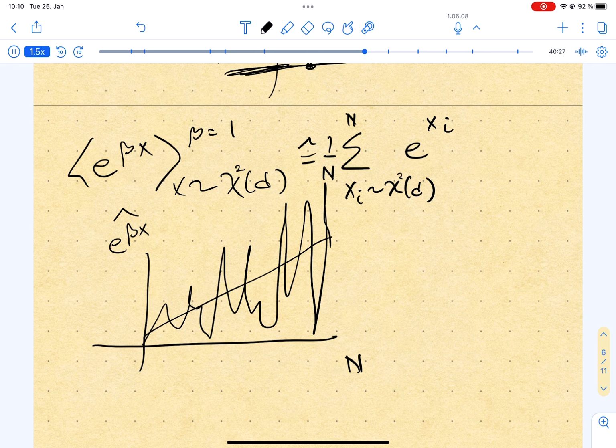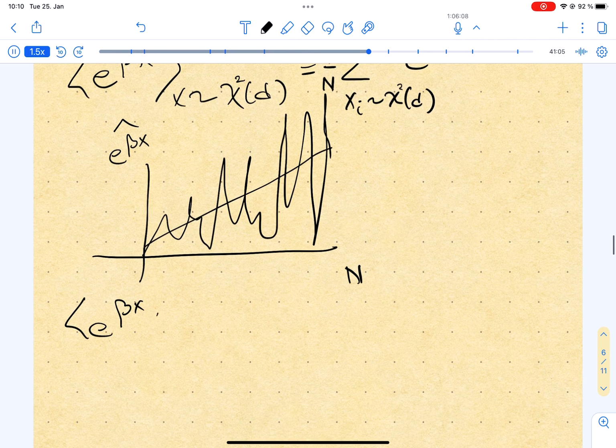So even though these things are never infinite, it's just the expectation of a finite random variable that has no mass at infinity, the integral diverges, so you know that somehow this thing will also diverge. It's a paradoxical property, and representative of a lot of the problems that can happen if we don't shift our measure around. Obviously this has no proper Monte Carlo estimator, but if we're interested in e to the beta x, where beta is, say, 0.4, close to the pole but not at the pole,